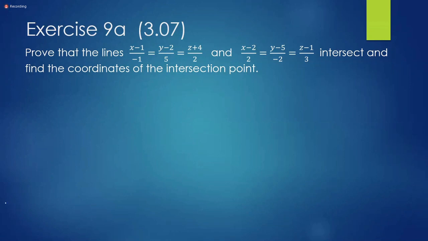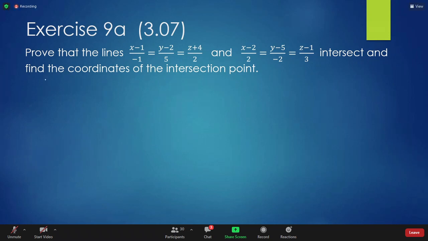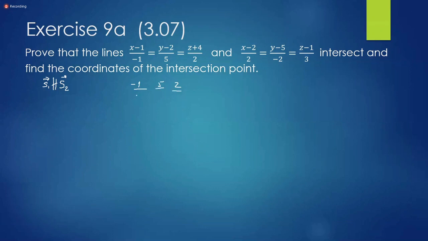The first thing, of course, we could see is the direction vector of the first line and the direction vector of the second line. They are not parallel. We see that -1, 5, 2 is not proportional to the vector 2, -2, 3, which was the problem with vector